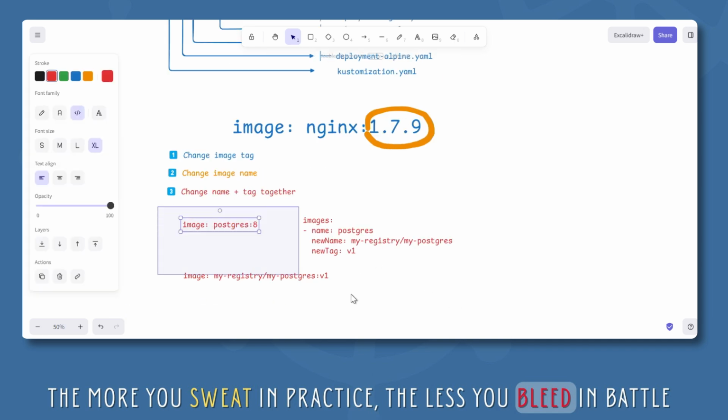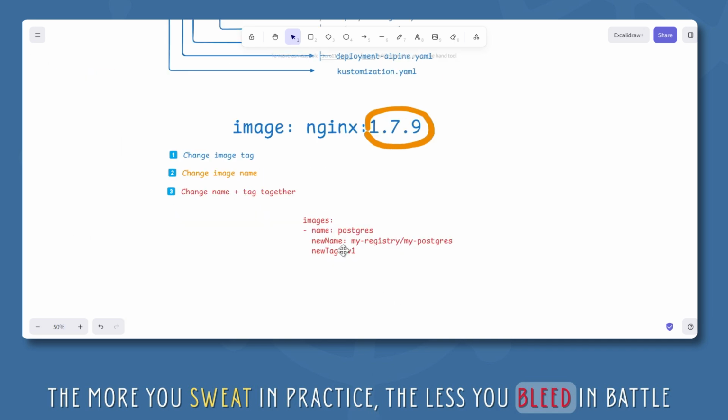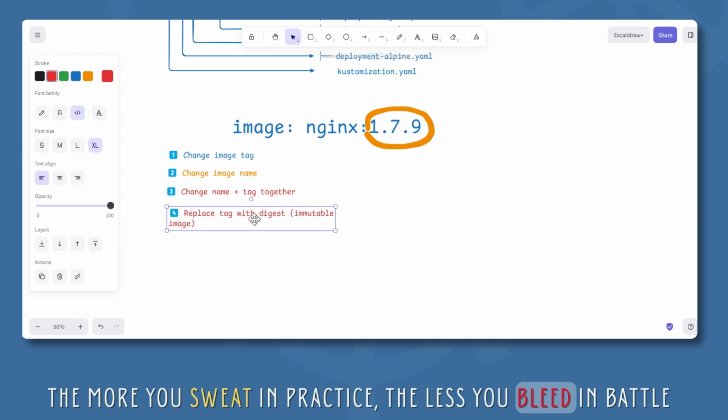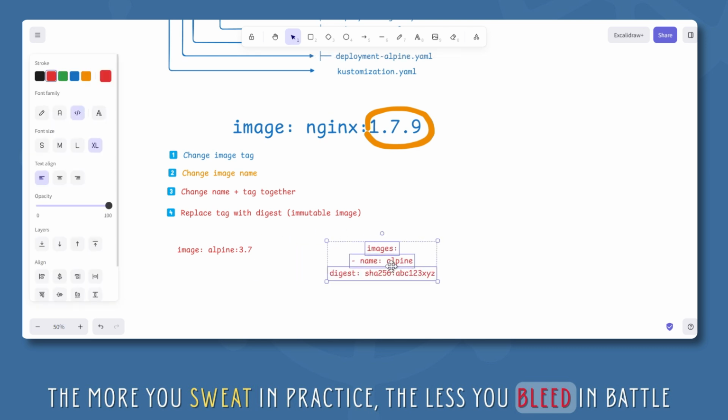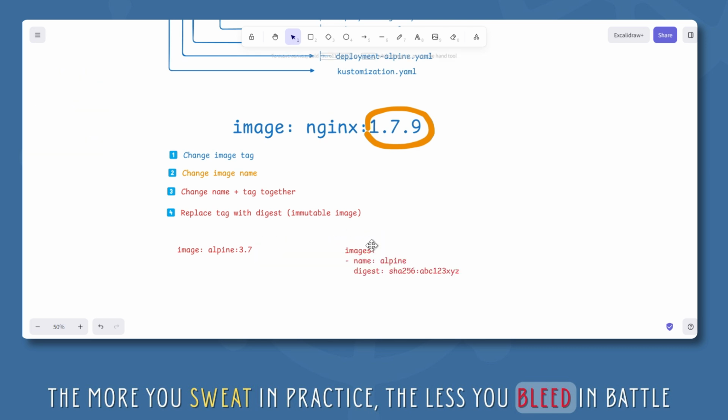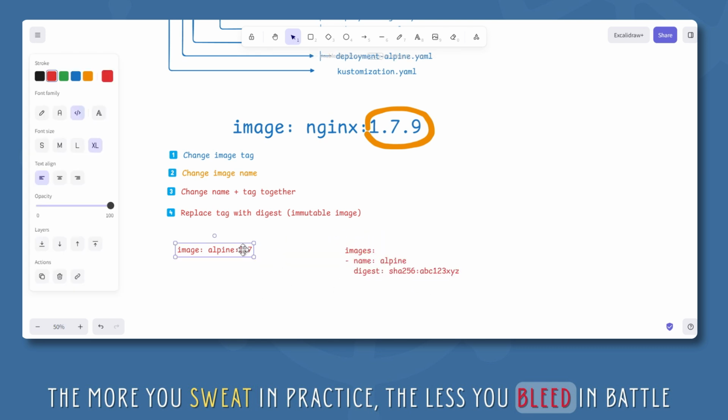The last one is that we can replace the tag with the digest number, which is immutable. Suppose the image is Alpine v7. You should provide the SHA digest instead of the latest tag, and this will be created. The new image would be